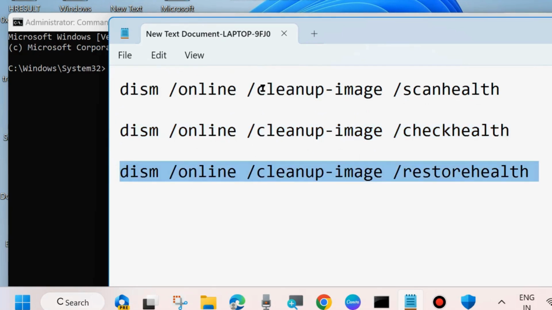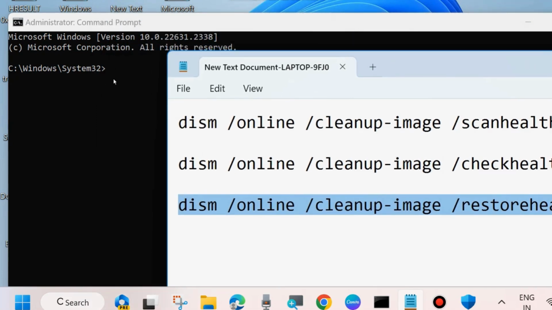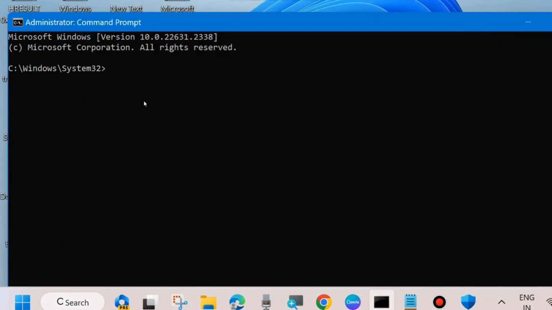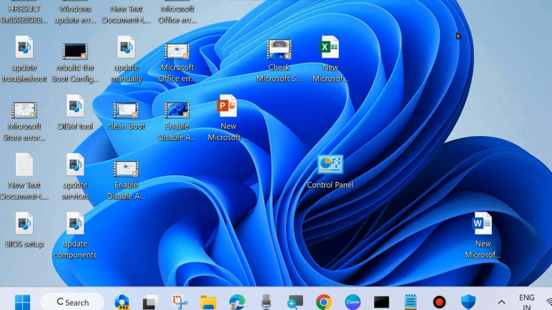Execute all these 3 commands one by one, pressing enter each time, and after that execute the command SFC /scannow. Type SFC space /scannow and press enter. It will scan your system for any corrupted files and repair them accordingly. Hopefully your Microsoft Office